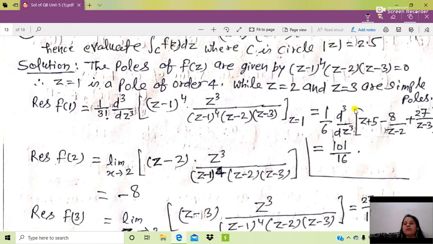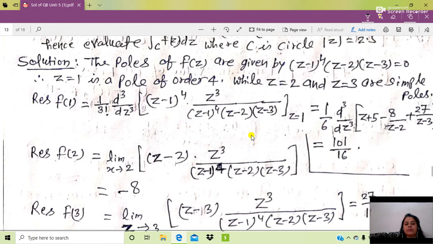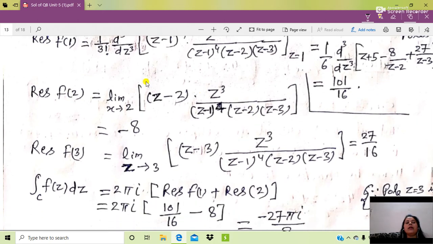The function has been differentiated 3 times, and by putting the value, the residue of f of 1 is calculated as 101 upon 16. So it is the residue of f of 1. Next, residue of f of 2 will be, since it is a simple pole, limit z tends to a, (z minus a) into f(z). So it will be limit z tends to 2, (z minus 2) into f of z. This (z minus 2) will be cancelled, and after putting the value z is equal to 2, our residue is